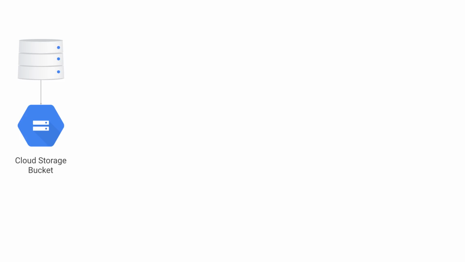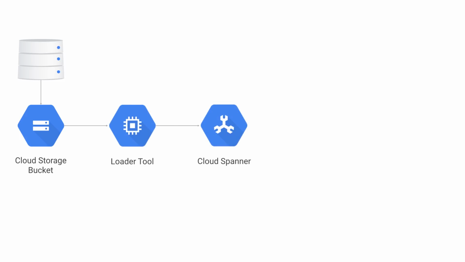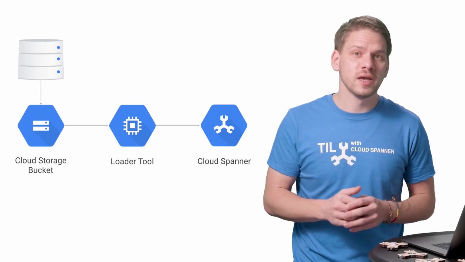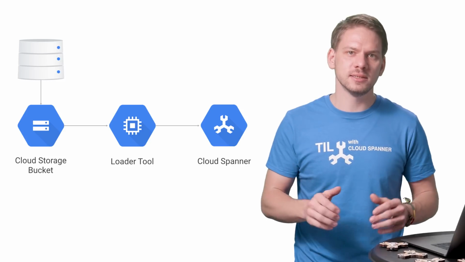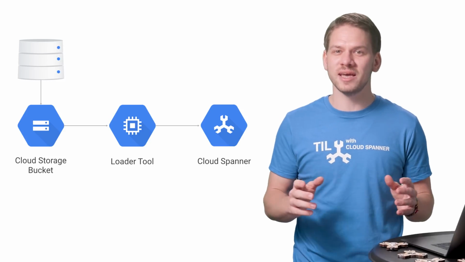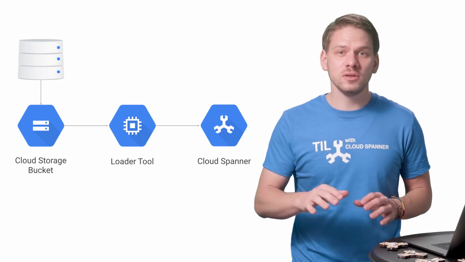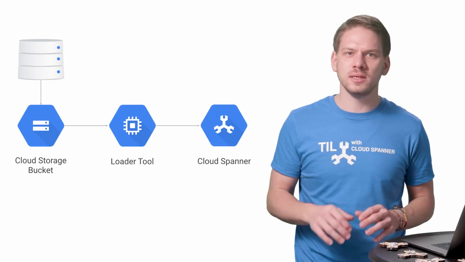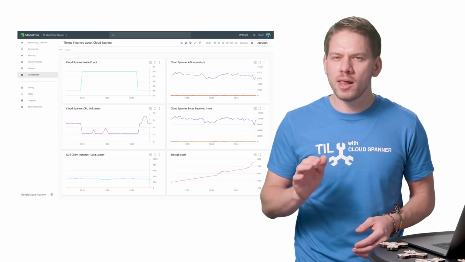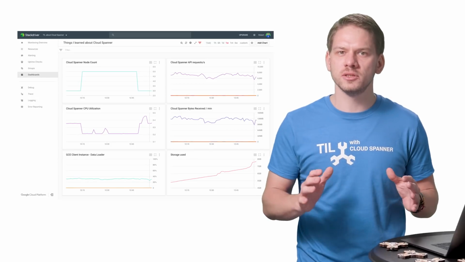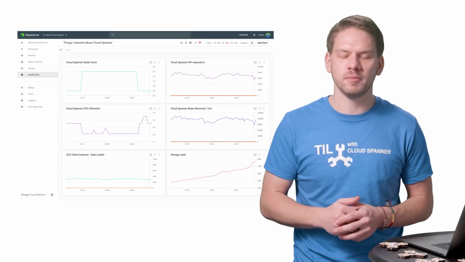They then wrote a little loader program that was reading the files, processing them, and writing the data to Cloud Spanner. So far so good. Having the files in Google Cloud Storage and processing them from a GCE instance close to your Cloud Spanner instance is actually great. This way, you don't need to worry about network capacity or added latencies being an issue during your data load. However, while running their first data loads on a regional instance, there was some disappointment.